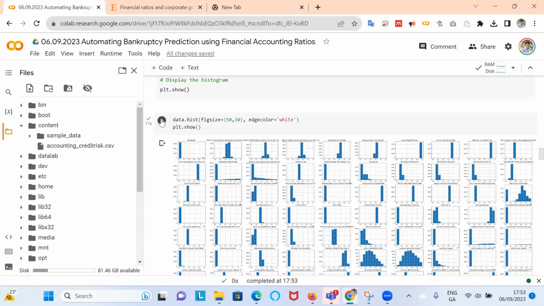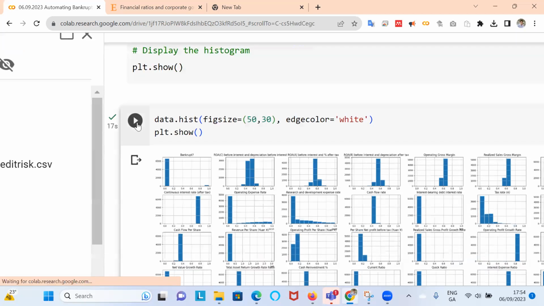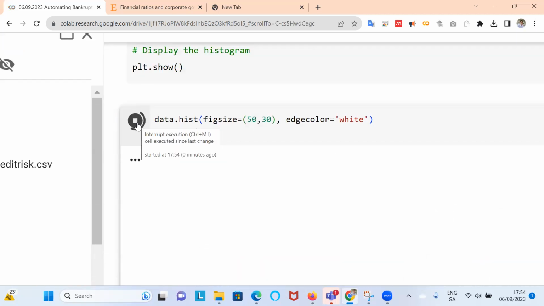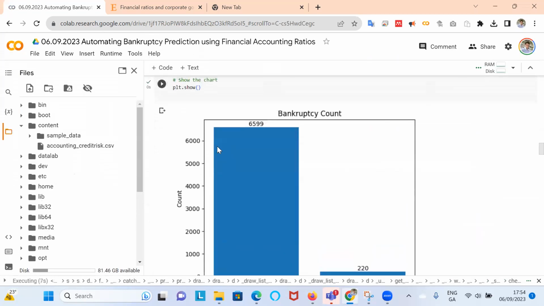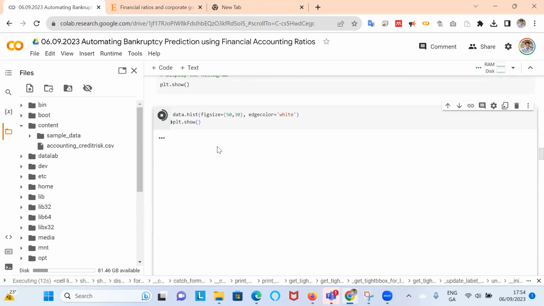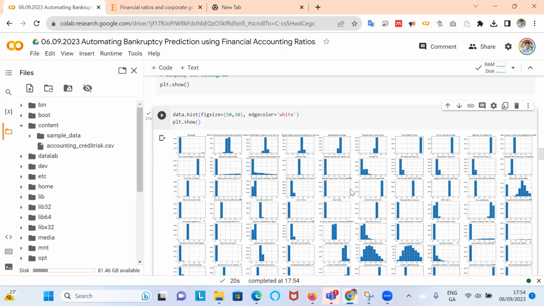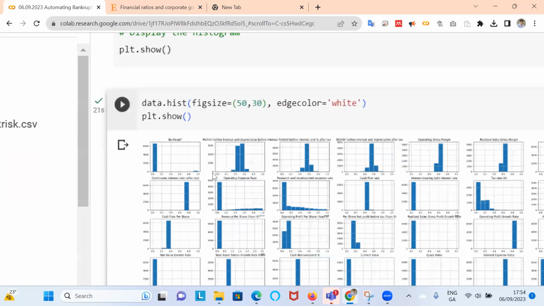Now this is a very nice feature associated with Matplotlib. I leave a link to a video clip that explains Matplotlib, but it takes a little while to load up because, again, the data set is not small. It's actually quite a significant amount of data. It's not big data, it's just 5 MB, but 6,800 rows with the 96 columns involves a bit of processing power to generate graphs.